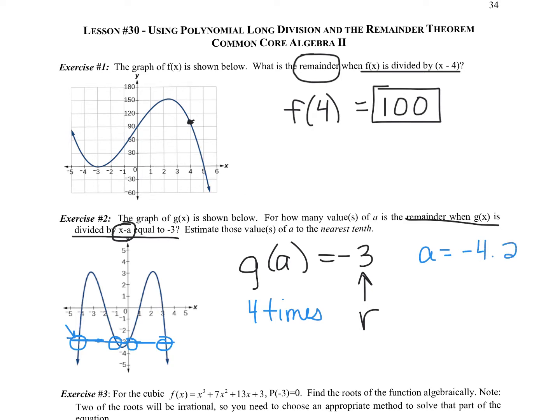This one looks like it's pretty close to negative 1. Okay, maybe it's a little bit off. Maybe I'm going to say negative 1.1. This one looks like it might be right on 0. And then this one over here, it's 3 right up here, so I'm going to say it's a little past 3, maybe 3.2 for the last one. Those are the 4 x values where the remainder is negative 3, 4 values of a. Now, it's tricky because do we make them negative? Do we keep them positive? Because this already has the negative sign, we're keeping the values of a. We're not negating them or anything like that. So moving down the page,